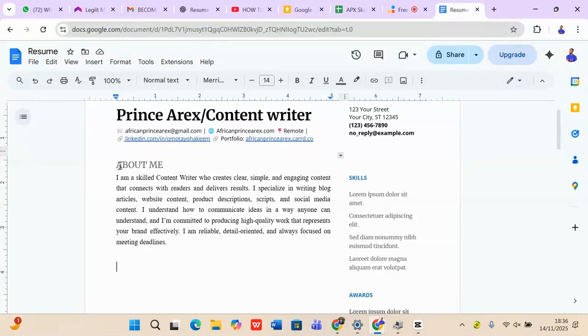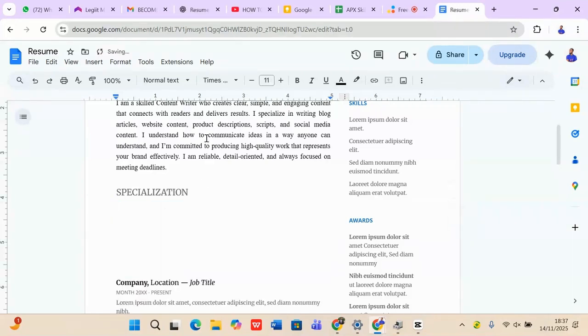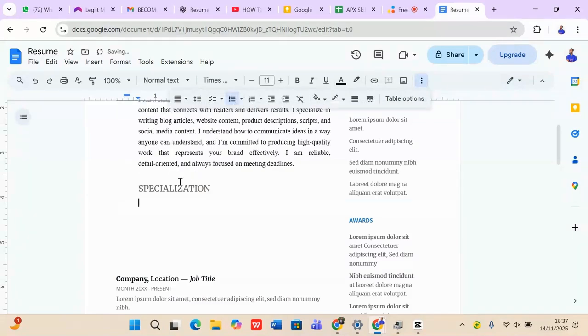So now let's copy this one. I'm going to copy this one, then come to this down part and paste it here. So here, you are going to change this to specialization so that your clients can easily see that these are the places you specialize on. You don't just write only content writing, you also have another job. So now let me start from the first one. I'm going to put out everything that I offer, so you can also put your own anytime you are watching this.